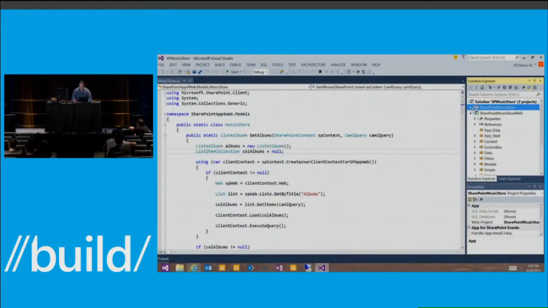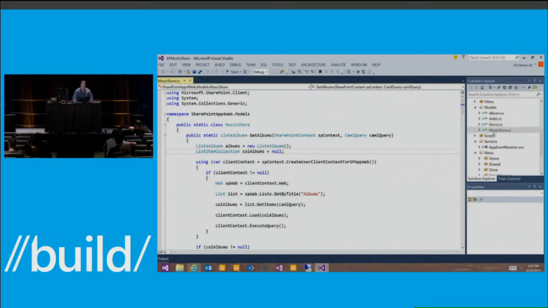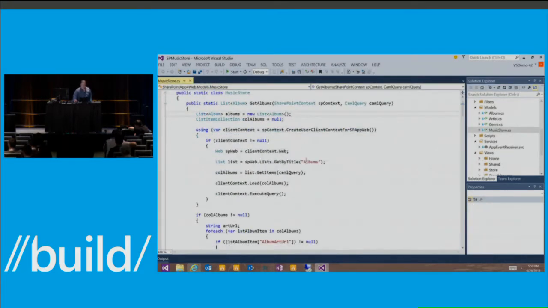Let's minimize that. And down here, you'll see that he has different controllers, just like you would expect for an MVC app that handles those three types of data. You'll also see that he has models for those and views. So just what you would expect. I think it's kind of interesting to look at the music store model here. Is that the one? Did I double click that? Yes. You'll see that he's actually going out and making a call using the SharePoint server object model